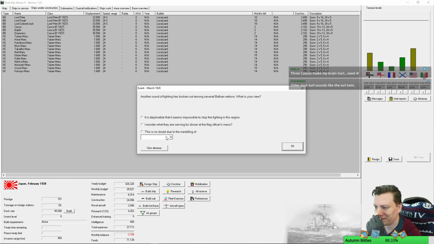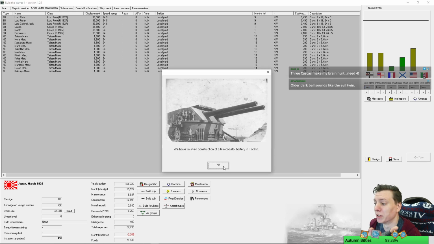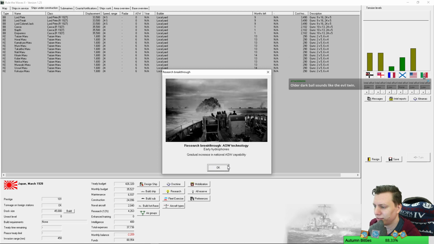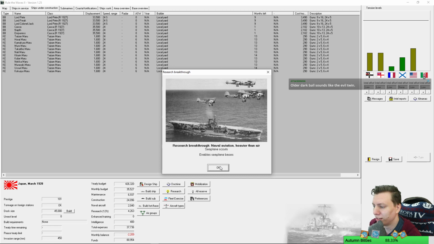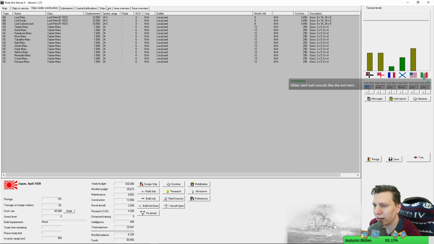Tension. Tension. Or this is the meddling of, I think, the British. Haven't fought them yet. There. Oh, I did lay down a lot of coastal batteries. Early hydrophones for better anti-submarine warfare. Seaplane bases are available now. So now I can go